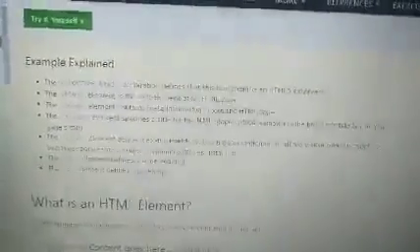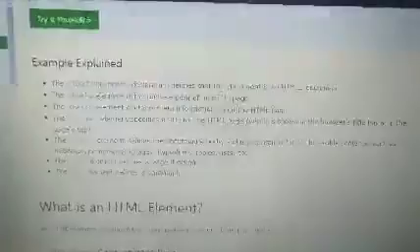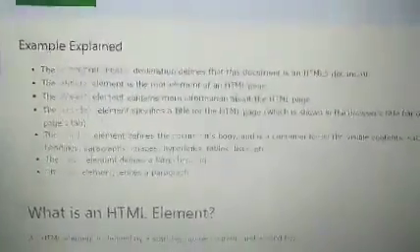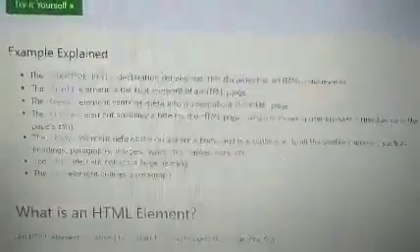Next, the HTML element is the root element of the HTML page. Where the HTML starts, it is denoted by the HTML tag. Next is the head tag. This element contains the meta information about the HTML page. Next is the title. It is an element that specifies the title of the page. It is shown in the browser, in the title bar of the page tab, not in the body section.